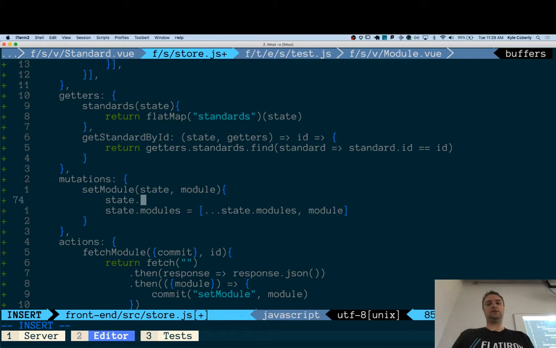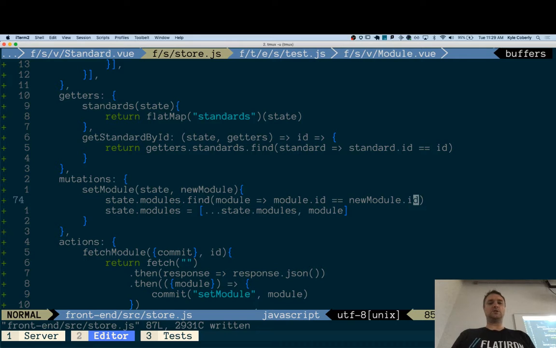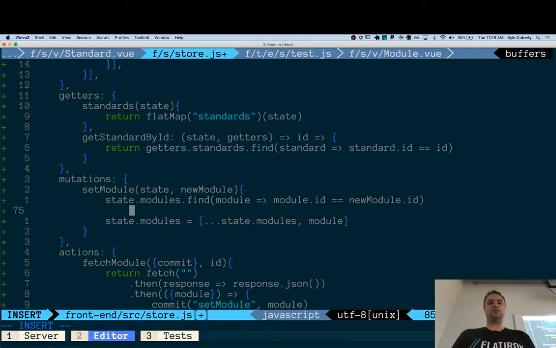state.modules.find, and then we say like module.id, call this new module, module ID equals new module.id. So if it finds one,